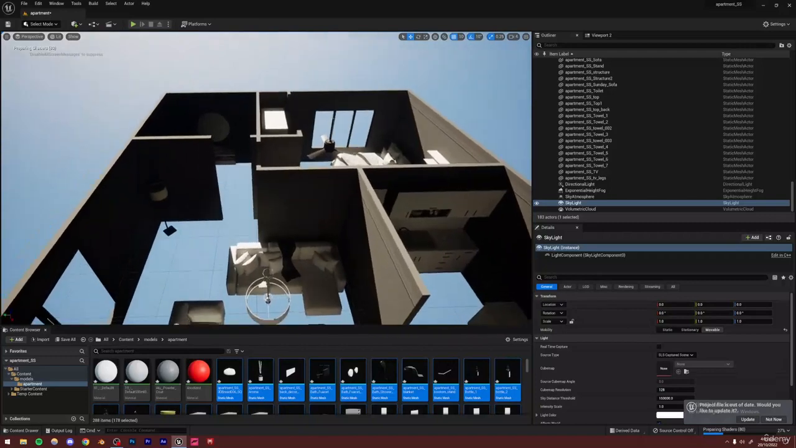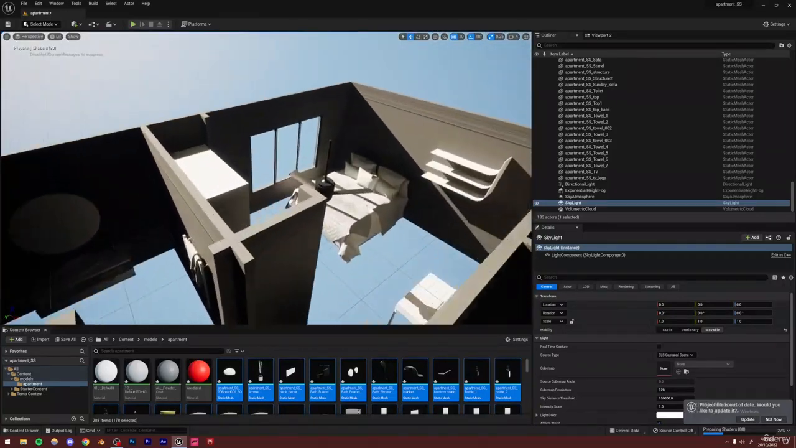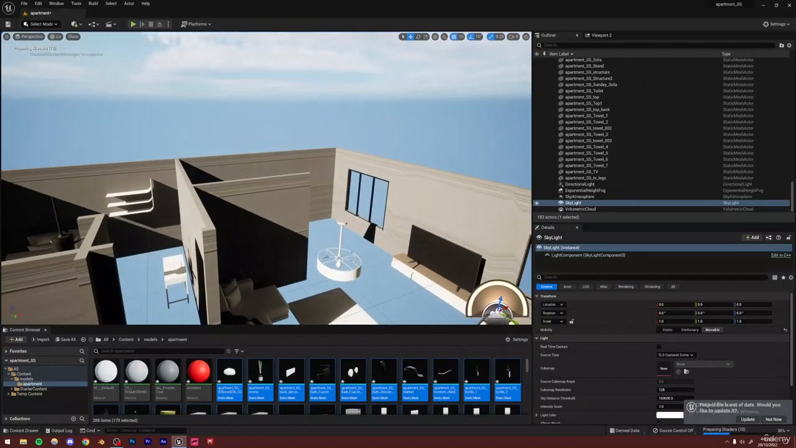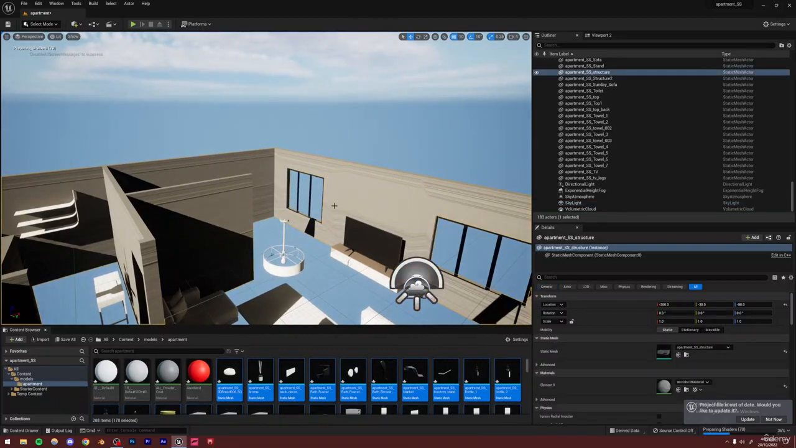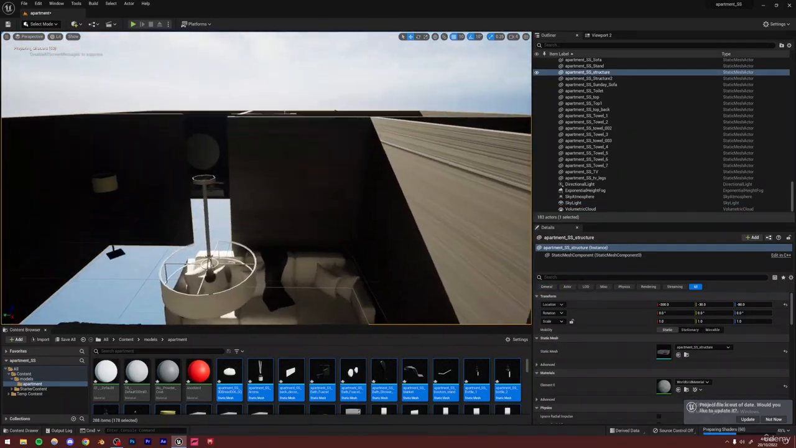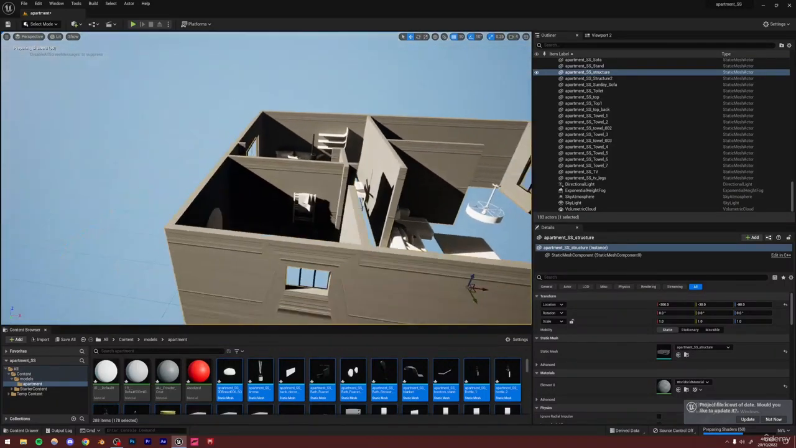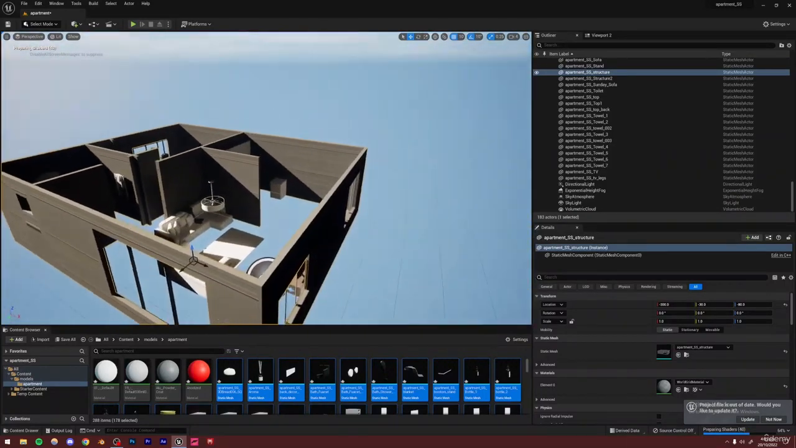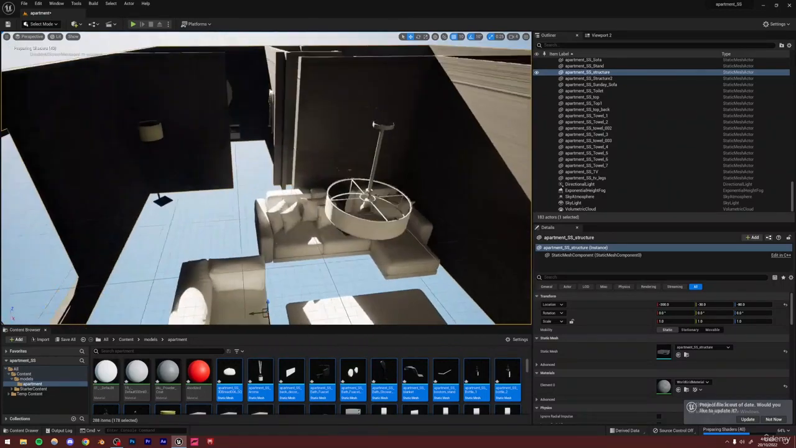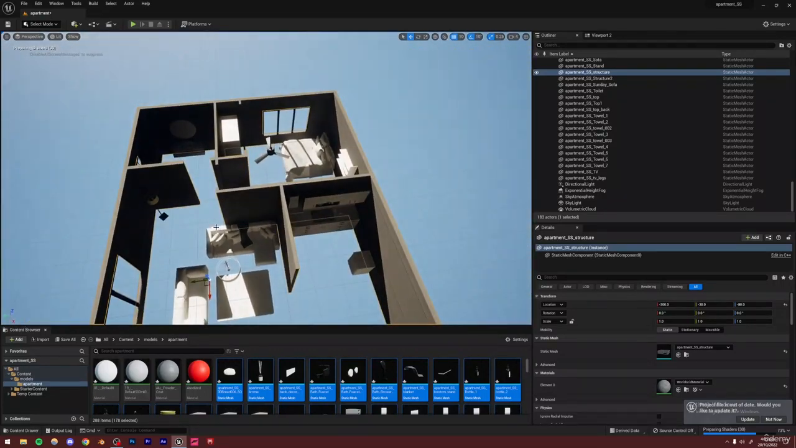All right. Okay. So one problem immediately which I'm noticing is that the whole structure is not UV unwrapped properly, and that is why we're seeing this texture stretching, right? The textures are not being applied properly. So to fix that, one thing which I can do is that I can simply,